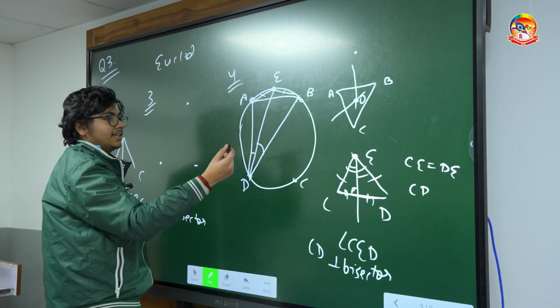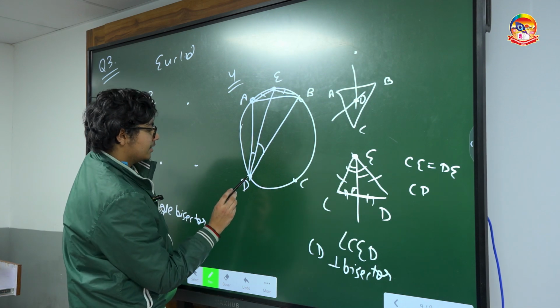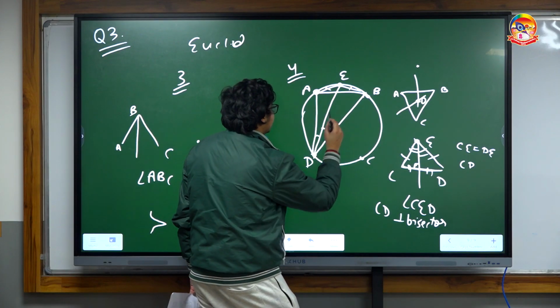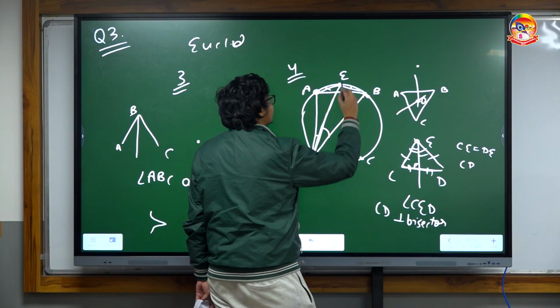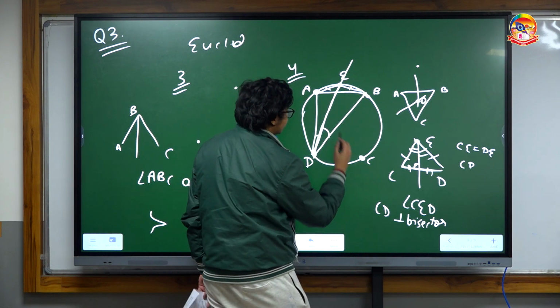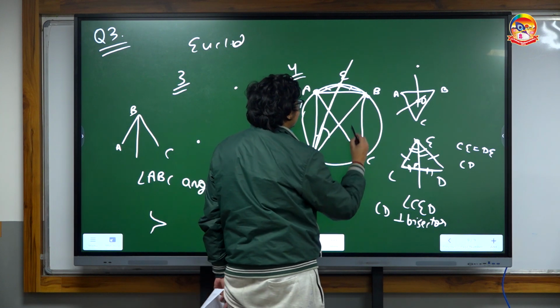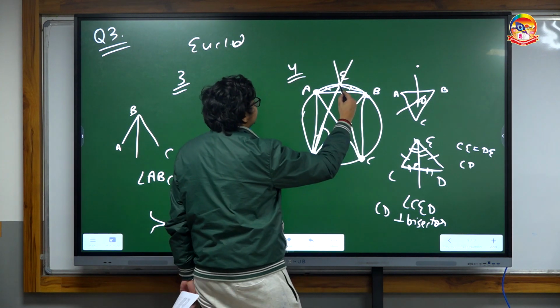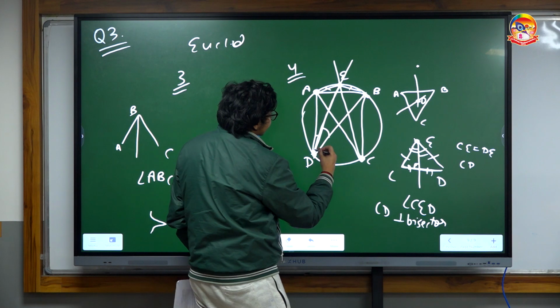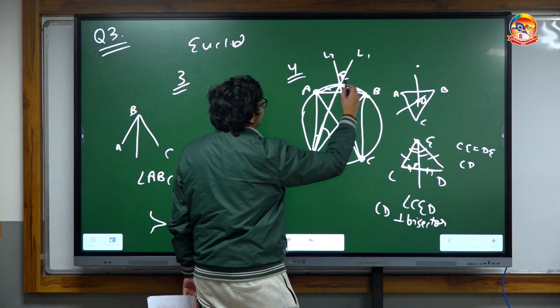Because equal arcs subtend equal angles. And by drawing the angle bisector of angle ADB, we can get a line where E lies. And similarly, for the fourth point, C, drawing the angle bisector of angle ACB gives a second line which passes through E. So taking the intersection of these lines, say L1 and L2, we can reach E,